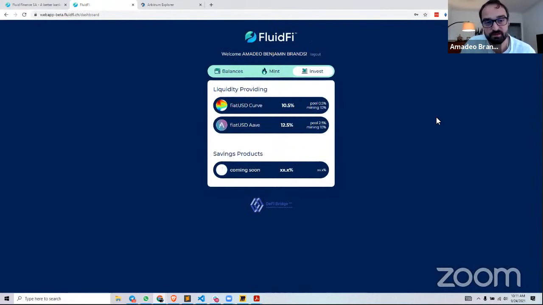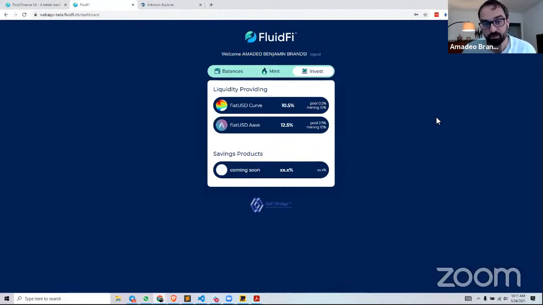Well, that's up to you, right? So we, as DeFi BridgeDAO, want to be just one building block, being the gateway between CeFi and DeFi, and being able to mint real-world assets to a blockchain. And then what the user wants to do after that, it's up to the user.